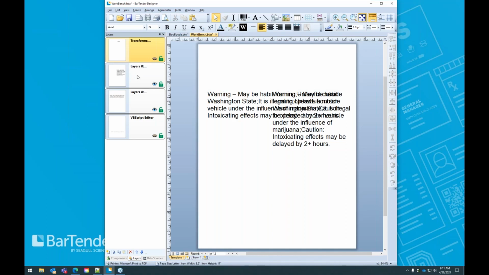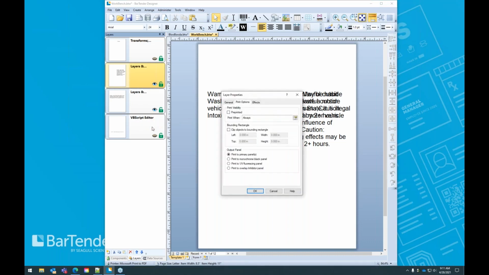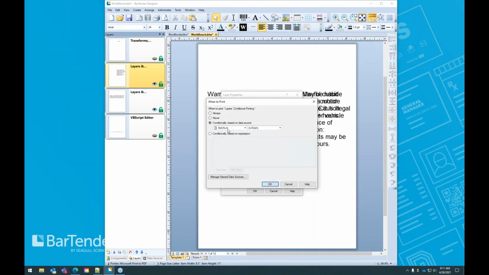So we can right click on our layer, go to properties, and we can say our print options here. Print visibility, when do we want to print it? Right now it's set to print it always. But what we really want to do is look at some data in the database and say, only print this layer when these conditions are met. So we have a record column in our database called state, and it's just like we used in suppression. So we're going to print this layer, the layer here, which is off to the side as opposed to the big long one here. We're going to say when this is equal to,